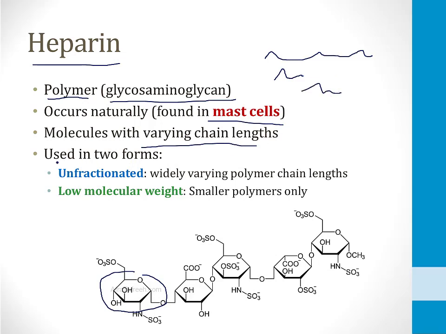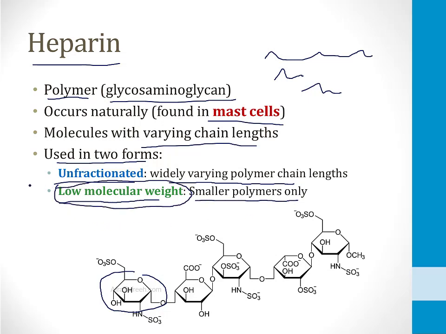It's used clinically in two forms. The first form is called unfractionated heparin. When you administer this form of the drug, you are administering widely varying polymer chain lengths to the patient, and that has one set of effects which we'll talk about in a minute. The second way to administer heparin as a drug is to administer only the low molecular weight polymers. These are the smaller polymers only, and when you take out just the low molecular weight polymers, the drug has a different effect,